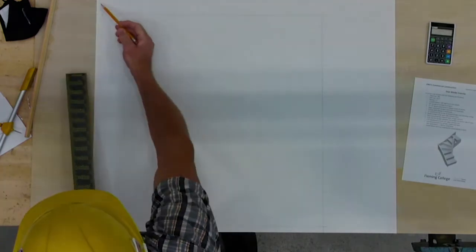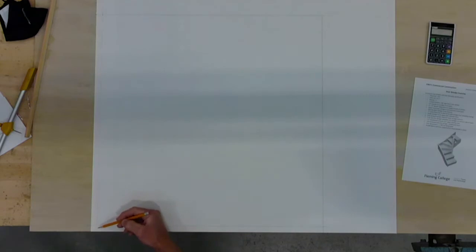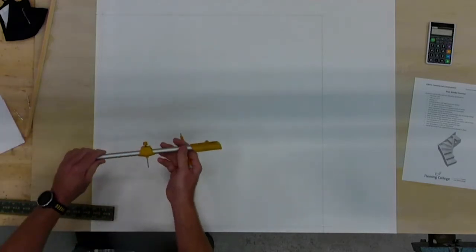Okay, that stringer will carry on up that direction. I crossed these up here, and that's okay. That'll give me the option to decide what I want to do later on at this intersection point. And so the next thing I'm going to do is take my beam compass, set it to 12